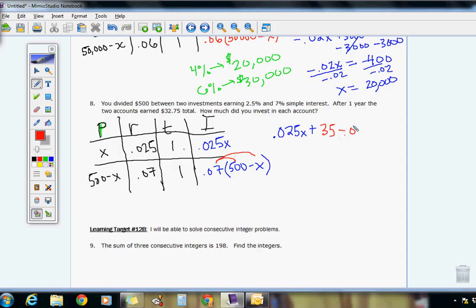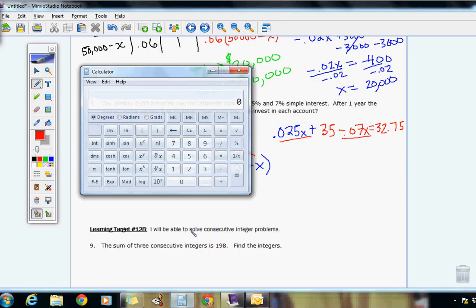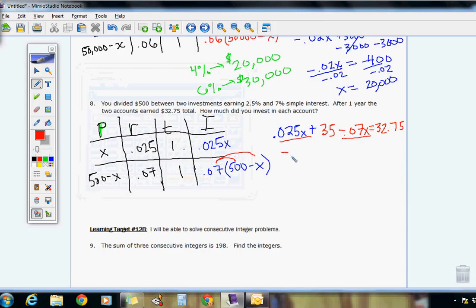minus 0.07x, and that's equal to the amount in the problem, 32.75 total earned. So I got to put this number and this number together. Again, I'm just trying to show you exactly, we're doing the same problem again, 0.025, and then I subtract 0.07, I'm getting negative 0.045, so I have negative 0.045x plus 35 equals